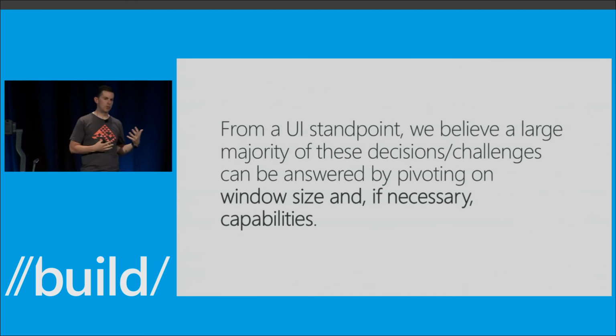One might say, hey, well, that's a GPS tracking app. That might be a great example of where you probably want to do the feature detection to make sure that there's a GPS device available before you hit start recording or things like that. You don't have to detect that, am I on a phone? Making the assumption that a phone is the only thing that has a GPS device is no longer a valid assumption. So we want you to focus on the UI thing, on window sizes as the primary thing that you